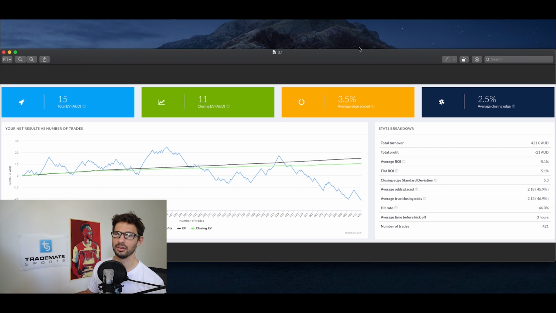which in sports betting terms is not a big sample at all. So I would basically look at these results and think, okay, well, we've got a closing edge there, which is great. So we're heading in the direction we want to head in. The ROI is not great, obviously, but it's such a small sample size. So we can see that we do have an edge over the sharp bookies, but the sample size just hasn't done much for us here. So with this data, I would almost ignore everything I've shown you today because it's just a small sample. And yeah, let's move on to another betting market.